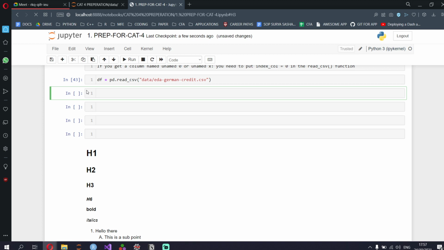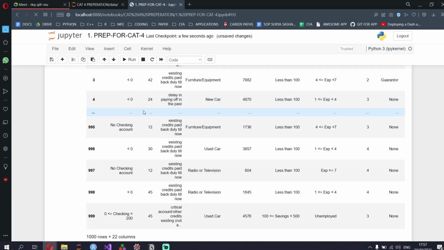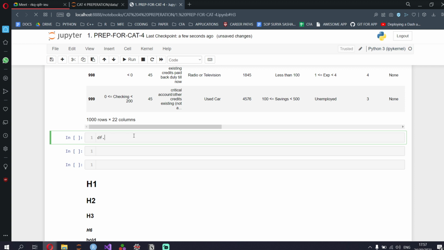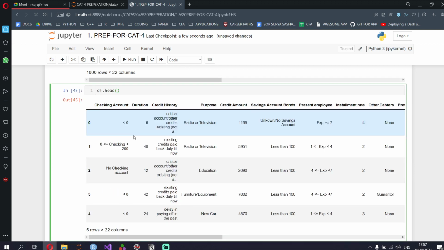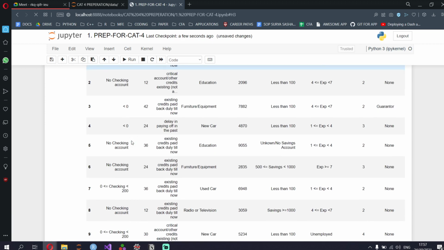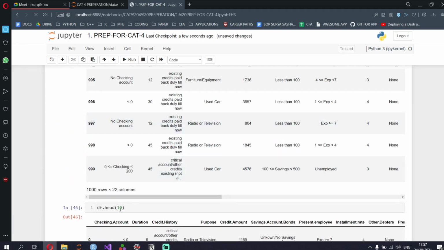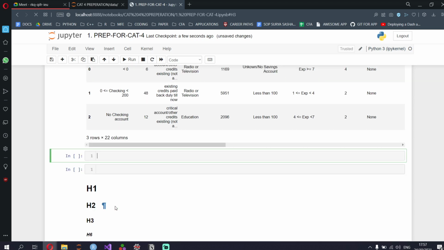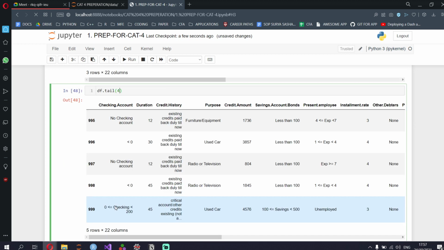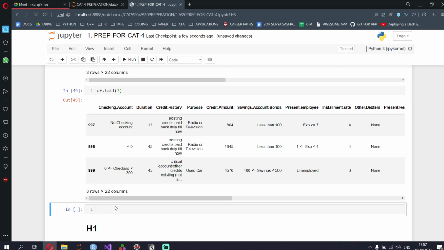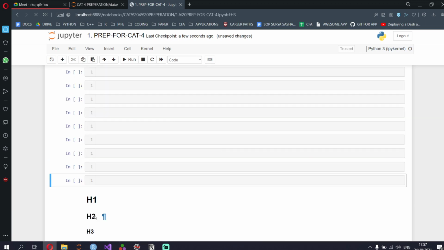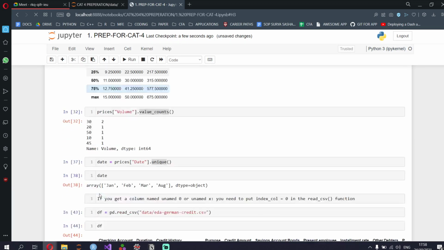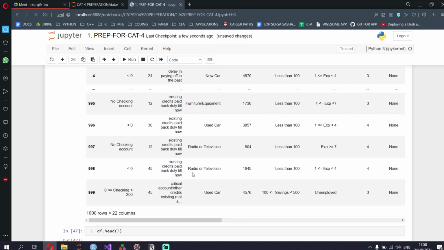Now say you want to look at the data frame, just put df and press enter. It gives you the entire data frame. If you want to look at the first 5, you put df.head, or first n means df.head. If I put 10 inside, it's going to show 10 rows. Let's leave it at df.head of 3. And if you want to see the last rows, you put df.tail, which by default shows the last 5. I'm going to put df.tail of 3 to show the last 3. So that is with respect to reading data and looking at it.